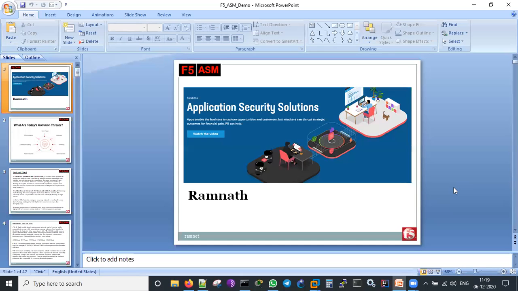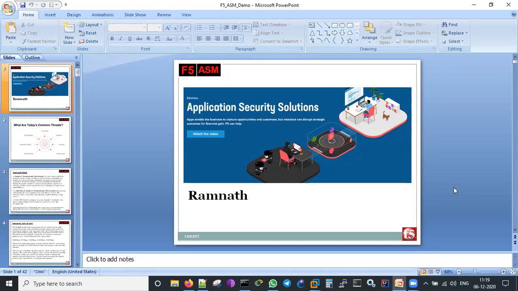You can build a network and run your applications on it, but without proper security, your entire company is going to lose a lot of business as well as profit. So security should be beefed up and completely tightened, and online security experts need to be involved in your current activities. Then only will your network work 365 days, 24 by 7, without any downtime. So many things are involved in this. So let me go through the slides. Then we will see how FI has been involved in this.